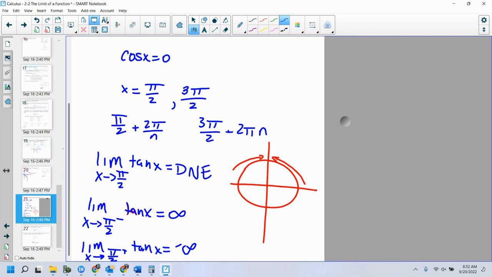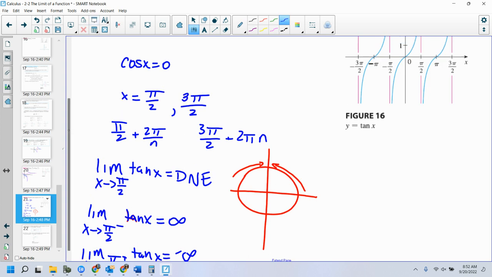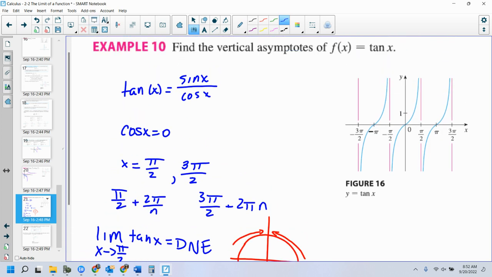Is there a vertical asymptote there still? Yeah, there is. Definitely. Again, I could run that whole same process, but if we look at the graph of tangent of x, we know that it's periodic. We know the period of tangent is pi. So we know that the exact same thing, where it goes up on the left side and down on the right side, is going to happen again at 3 pi over 2 as well. So we can use this idea and incorporate what we know about tangents. I just thought that was a really cool example.